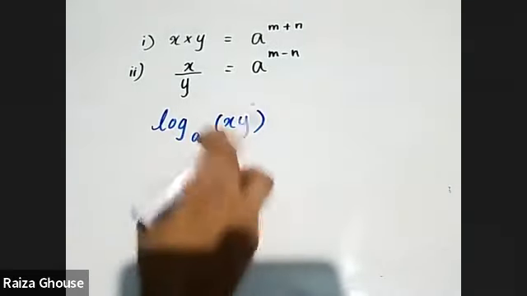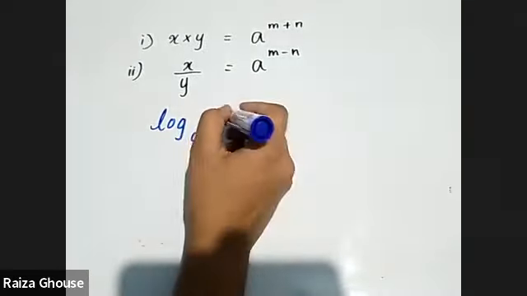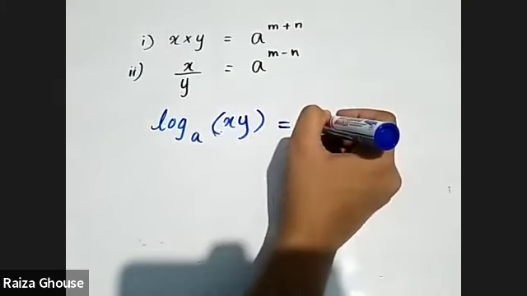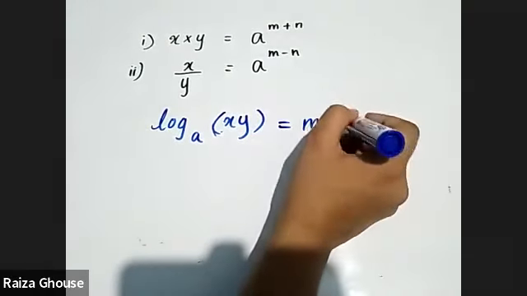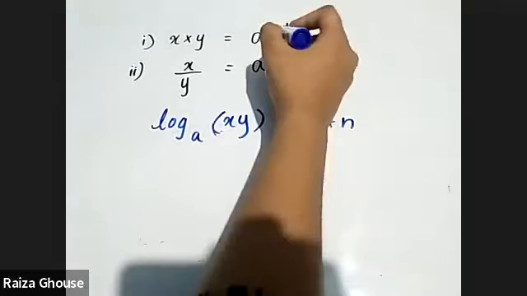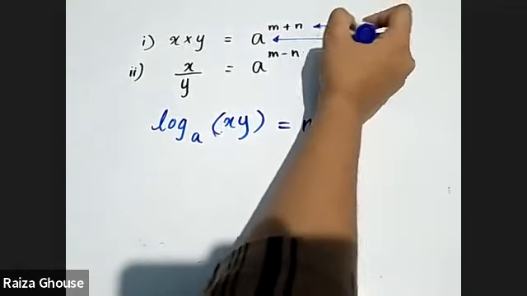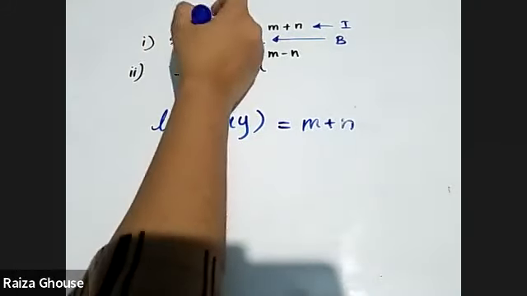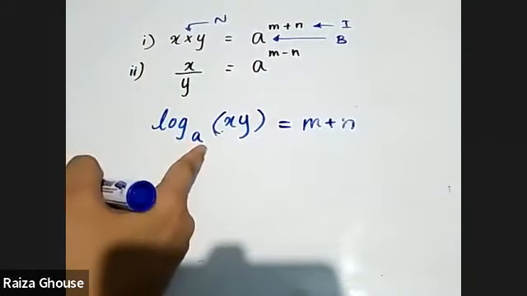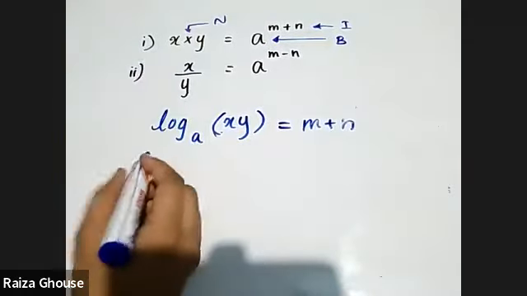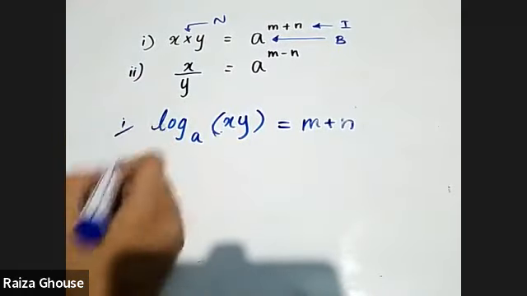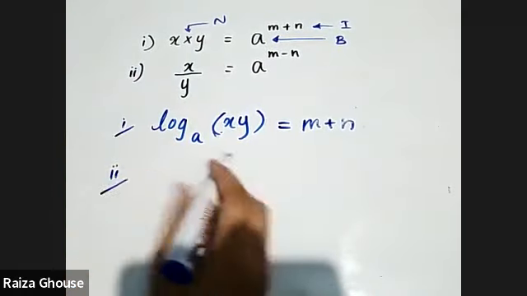You can write x into y or xy, within brackets it's better, equals m plus n. Very good. Because you should understand this is the base, this is the index, and this is your number. So according to the concept I gave you, you can rearrange it. Clear? Second one, somebody else tell me the answer? Log base a